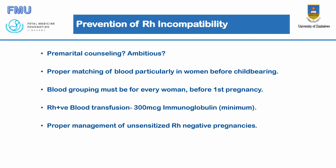Then if the woman happens to get a Rhesus positive blood transfusion, then 300 micrograms of immunoglobulin should be given. The actual quantity should be calculated. It's not just the 300 microgram, but anti-D immunoglobulin should be given to these women. Then proper management of unsensitized Rhesus negative pregnancies is necessary. I'll go to that page now to say how then we manage Rhesus